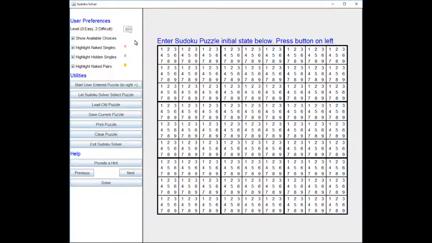So this is the initial screen you see when you open the application, and it shows an empty 9x9 grid and 9 buttons per cell to select options. If the user were to enter his own puzzle to solve, he can